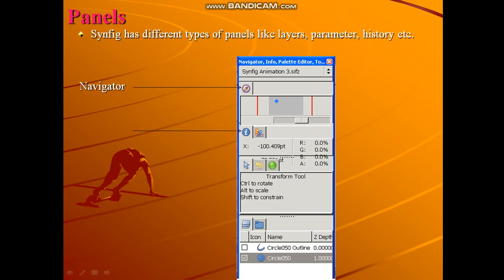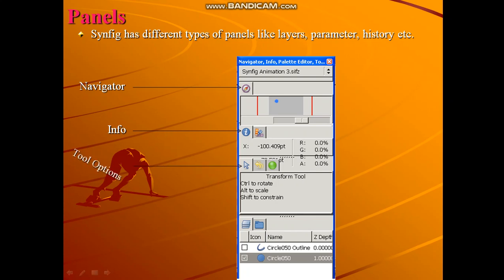This is known as the info panel. It shows some information, for example the mouse pointer position, and wherever you have kept your mouse pointer, it will show the color of that pixel. So it is just to display some information regarding your mouse pointer.